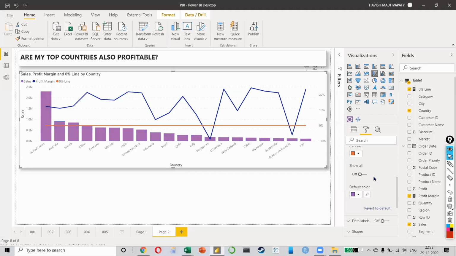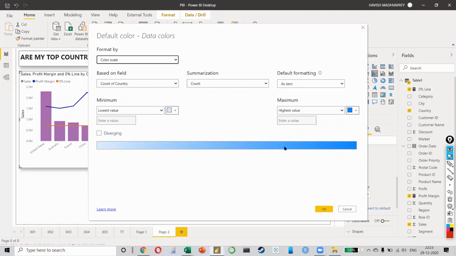The idea is not to change the color for every single column, but to have 3 different types of colors as per the condition. So we click on this FX button, which is for conditional formatting. Click on the FX button. And this will allow you to format as per a rule.